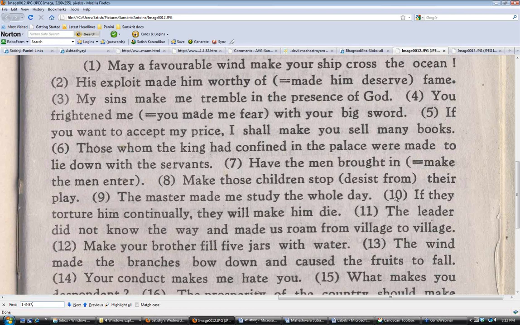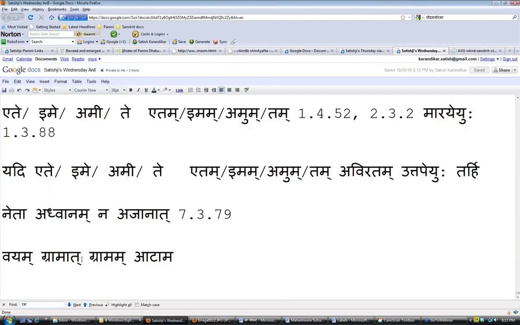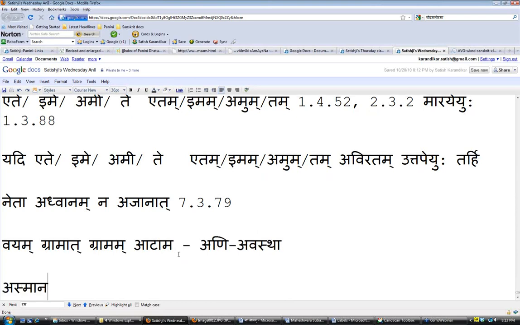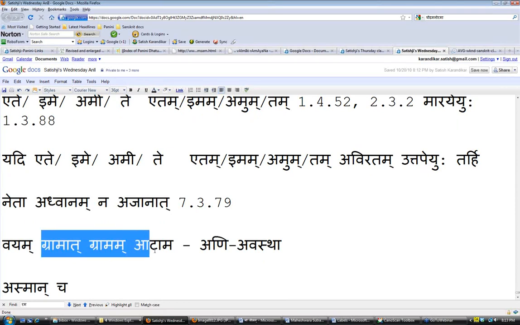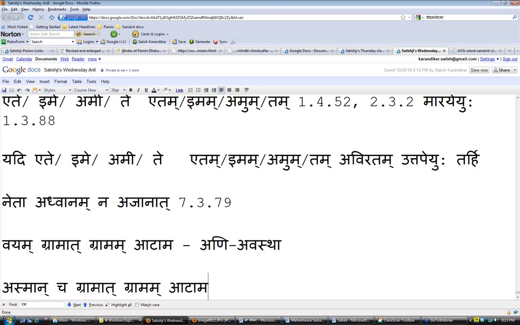How about that? So this part will remain the same. Neta Advanam Na Janat. This was the Ani Avastha. And Asman Cha Gramad Gramam. Take this down here. We just have changed to Atayata because now the Abhihita is the Hetu, Neta in this case.